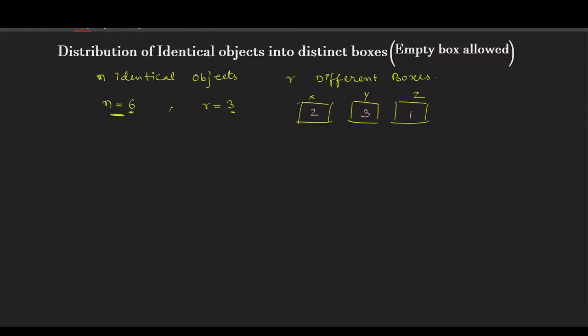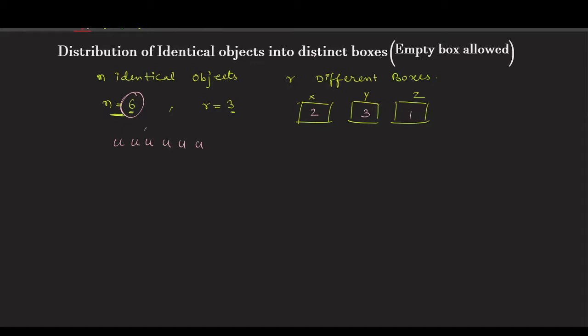So indirectly what we are expecting to find is this: these 6 identical objects, let's say I call them U, U, U, U, U and U. So here we have 6 identical U's, and you want to place these into 3 boxes. Whenever you want to keep these 6 identical balls into 3 boxes, you need to divide this into 3 groups. Then you can put those identical objects into the X, Y, Z boxes. So to break this into 3 groups, how many separation symbols do I need?